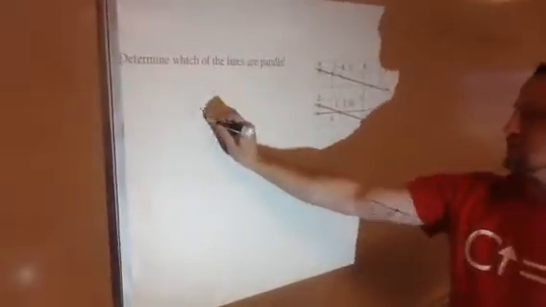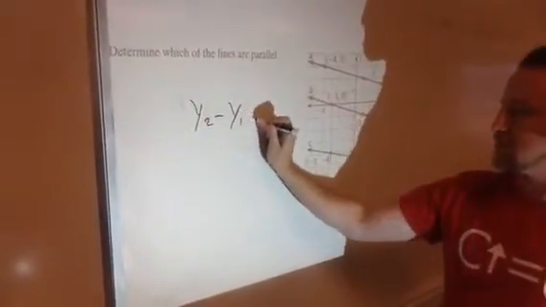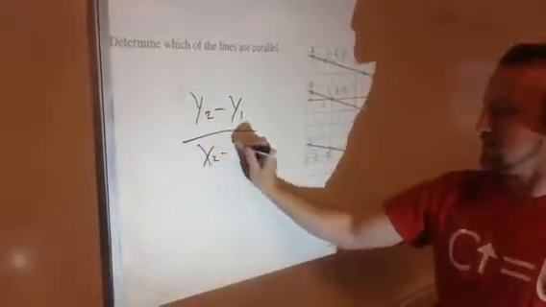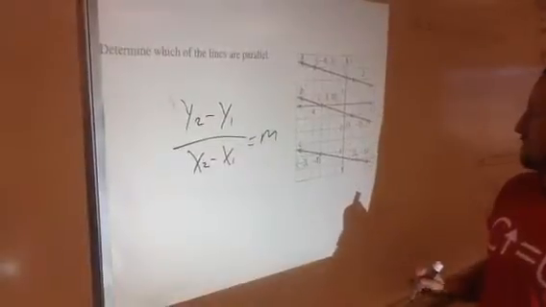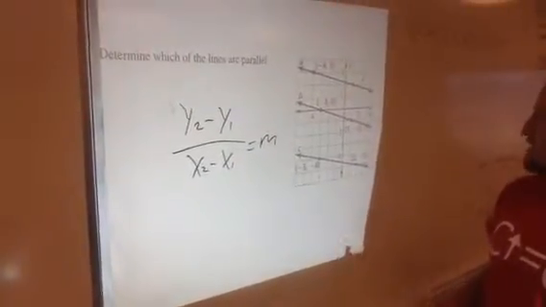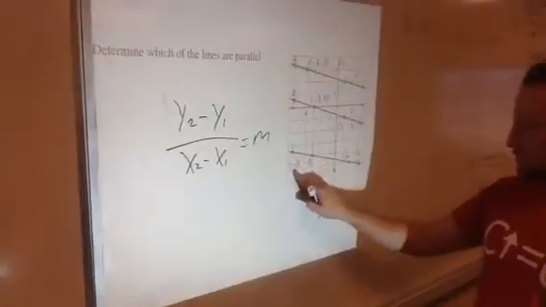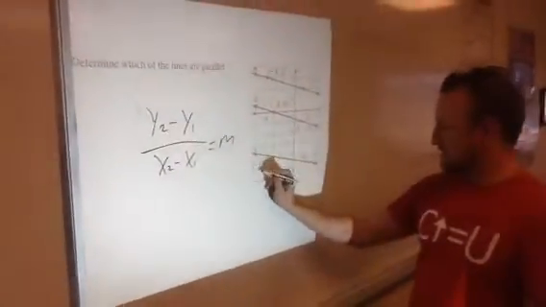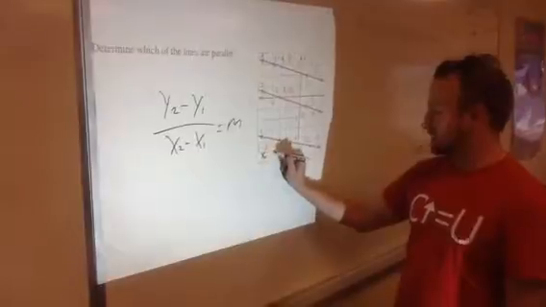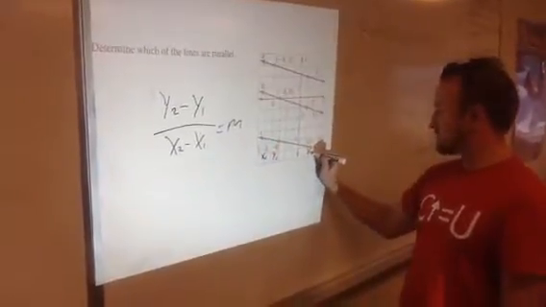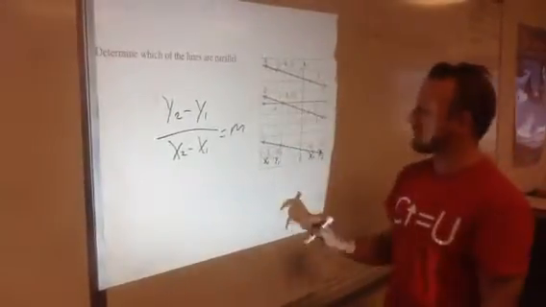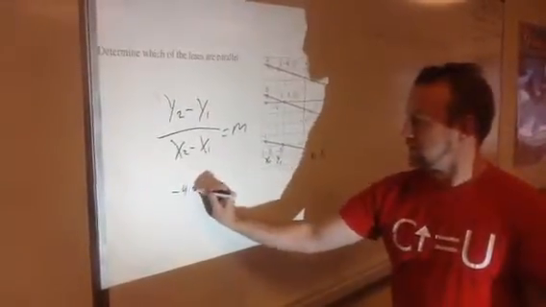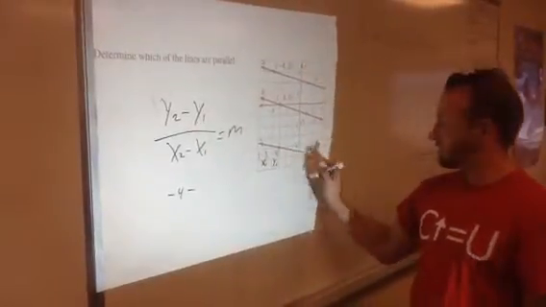So we can find out, though, by using that famous formula for slope, y sub 2 minus y sub 1 over x sub 2 minus x sub 1 equals m. So let's go ahead and do that, and we'll determine if they're parallel or not. So looking at the first one here, I'll just designate this as my x1 and y1, x2 and y2, and it's arbitrary. This could have been my y2, this could have been my y1, it doesn't matter. So we'll start with negative 4 minus negative 5